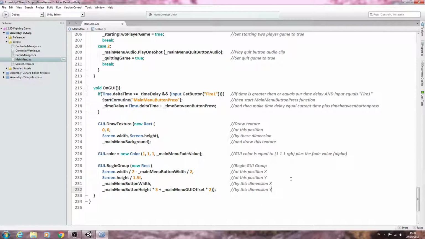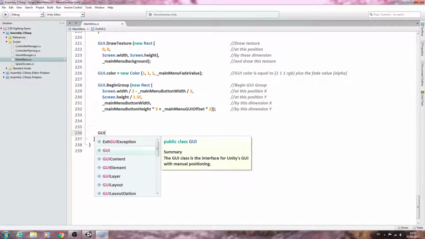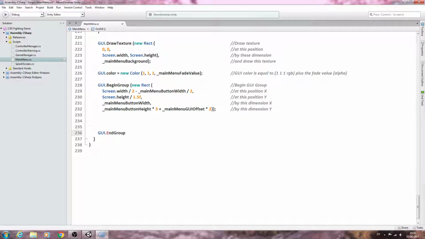And what we'll do now is actually come, and I'm going to enter a few times, and we'll actually close that group in this lesson. We'll say GUI dot, and we want end group. We'll open and close brackets and close the line off. Now this gap in between is where we're going to create the buttons themselves, but let's just put the comment in for this line. We'll say end GUI group,